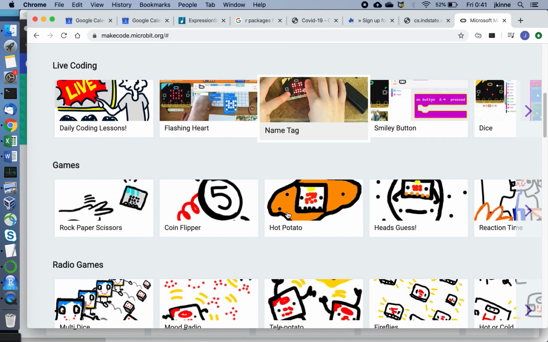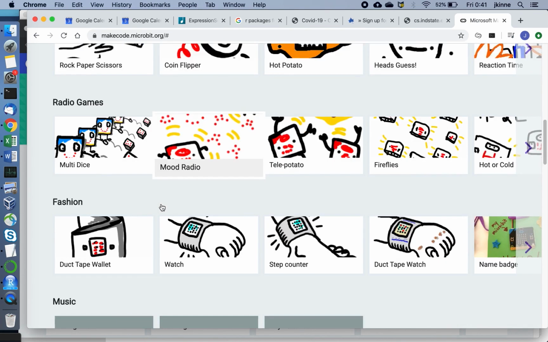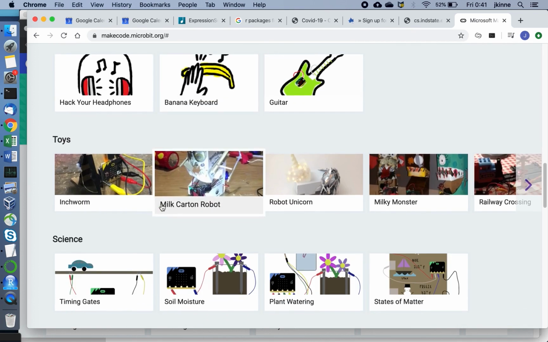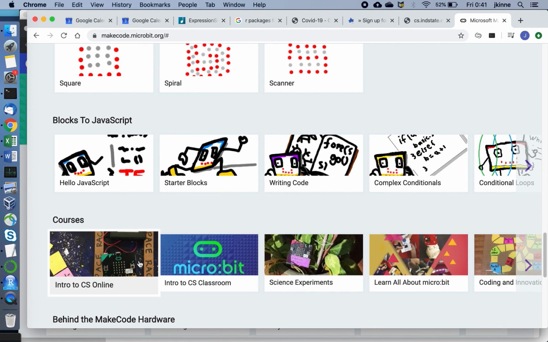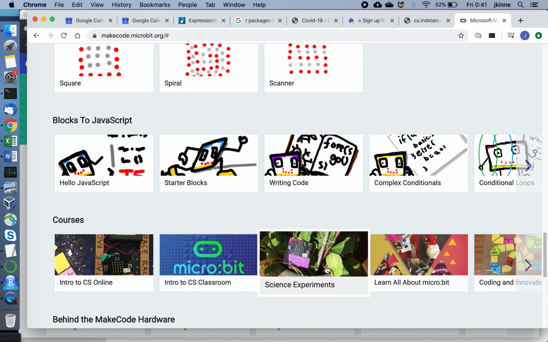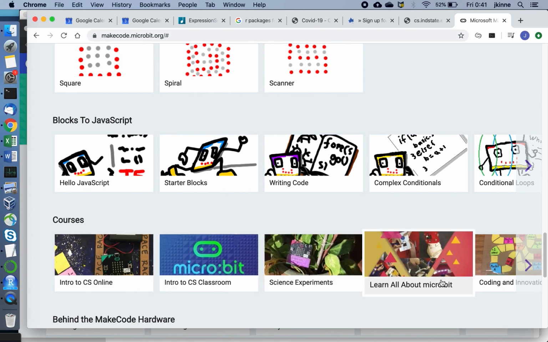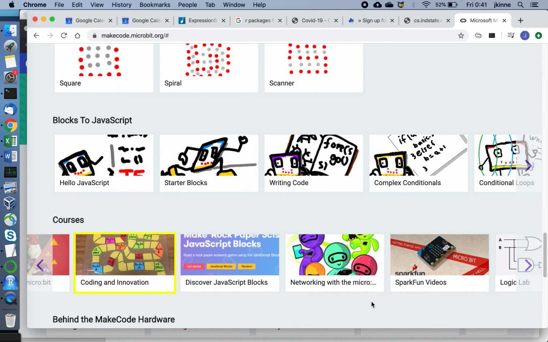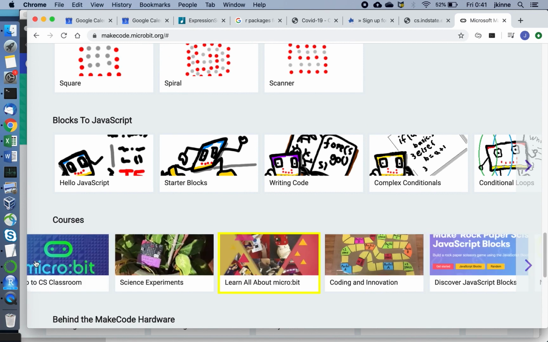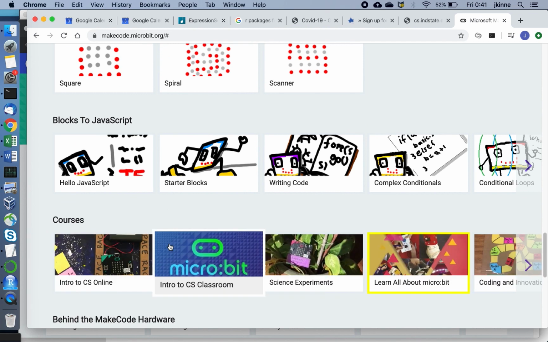There are more examples of different types. Lots of stuff. And there's a few courses, so a collection of similar types of programs that you can try out. So whatever is particularly interesting